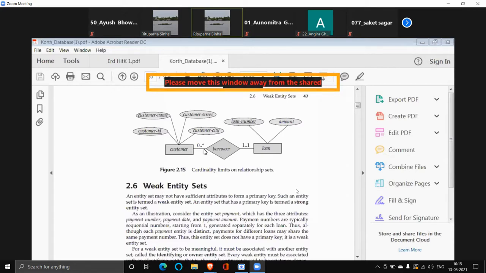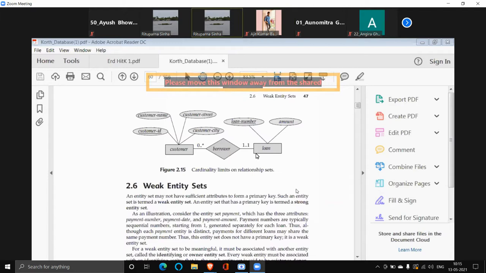Star? Star means many. So a customer can have many loans, whereas a loan at max is associated with how many customers? A loan is at max associated with one customer. So from the customer side, it is 1 to many.